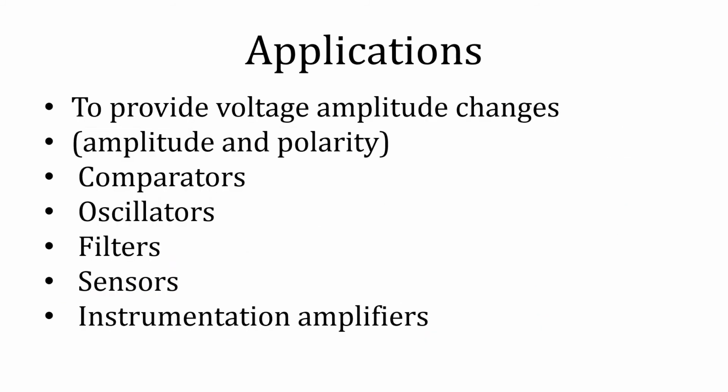These are some of the applications of the operational amplifier. The most popular is definitely amplification. Then we can use them as comparators, oscillators, filters, sensors. It should be sensor modules, because most of the sensors have very low output. So once we try to make those sensors directly compatible with devices or components like Arduino, Raspberry Pi, we use op-amps within the sensor itself, and those sensors are called smart sensors. And again, the instrumentation amplifier for various measurement applications.